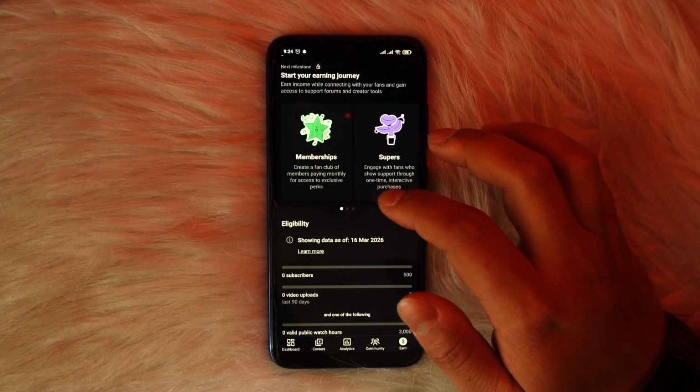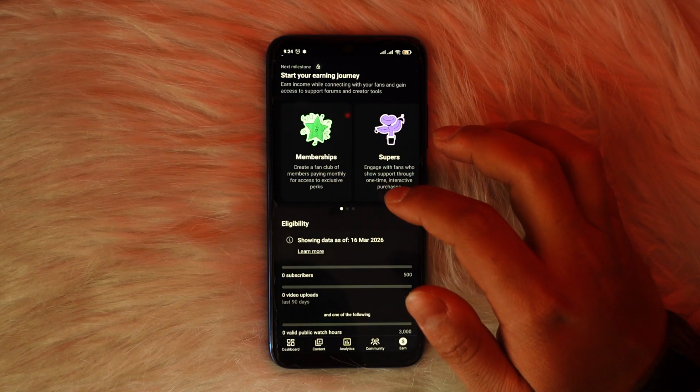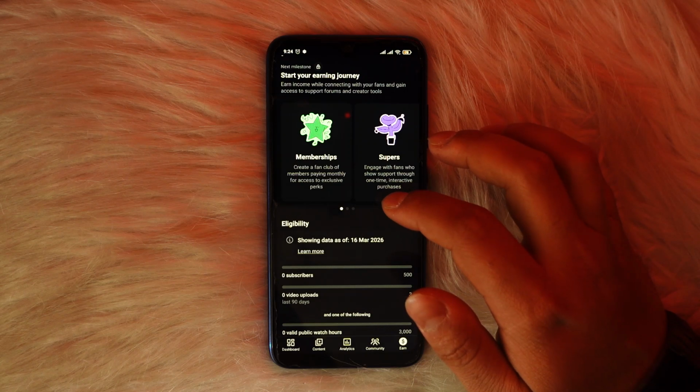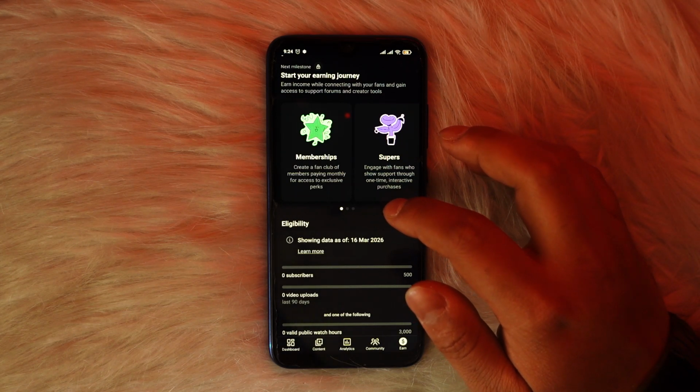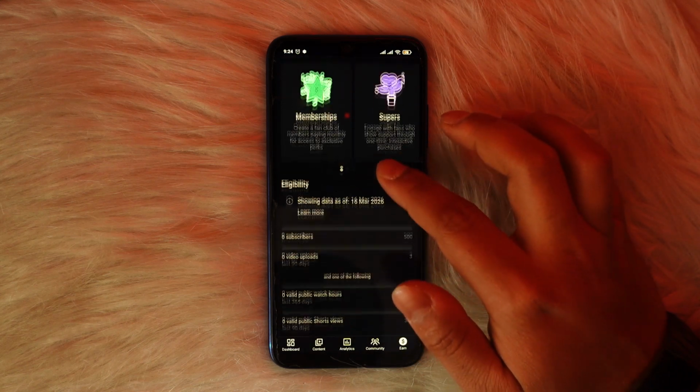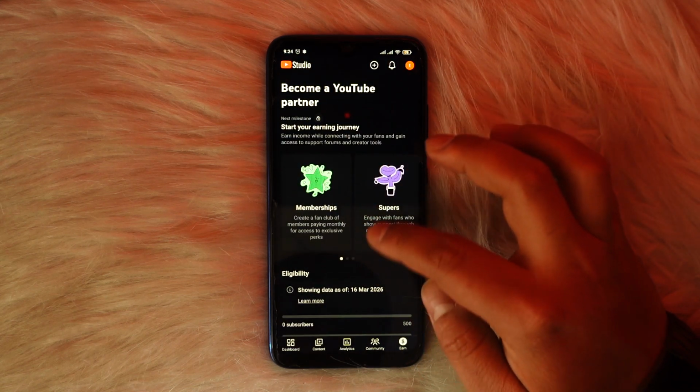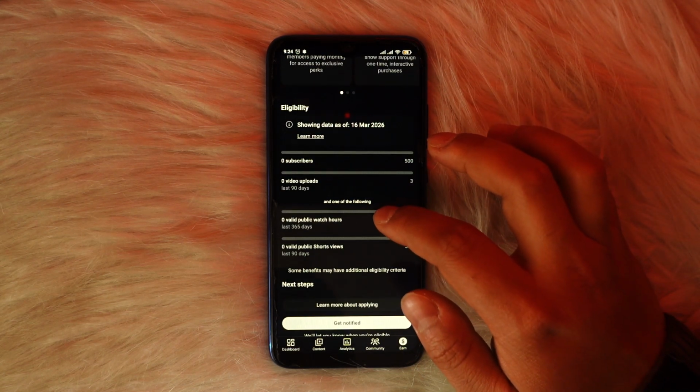For example, let's say you're facing an issue where the video that you uploaded has a copyright strike, or the video is not compliant. Then unfortunately you'll need to remove the video from your YouTube channel. Only then will you be able to proceed further and monetize your YouTube channel. So you'll know the exact reason for what you're facing right inside of the earn section inside of your YouTube Studio